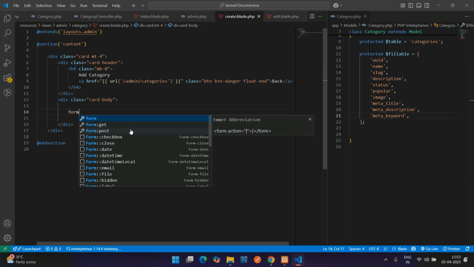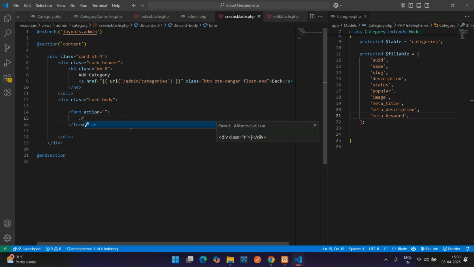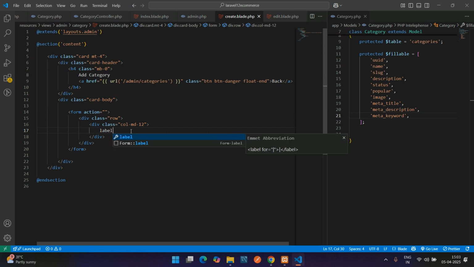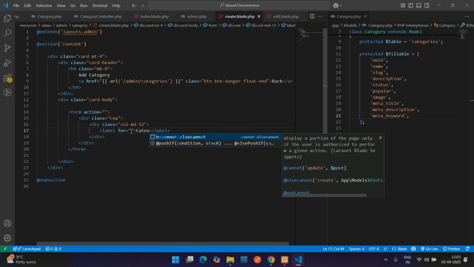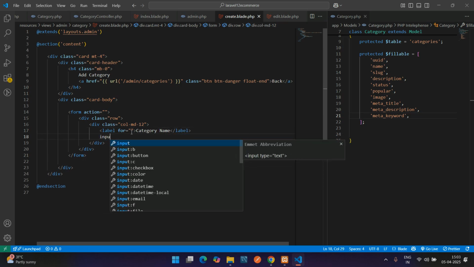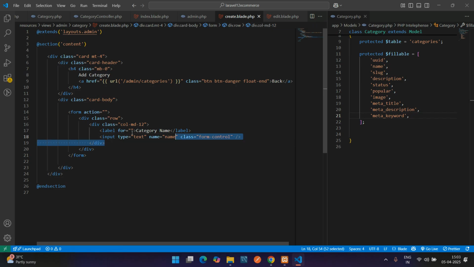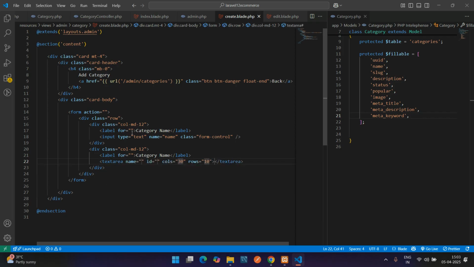Cool. So first up guys, let's add a form tag, then row and a column MD12 with the label as category name, input dot form-control with the name as name. Okay, then copy and paste. For the description we are going to use textarea, mention description, and again description,